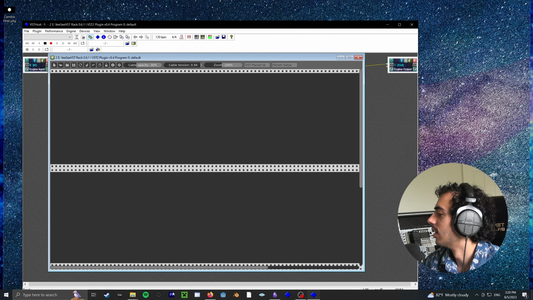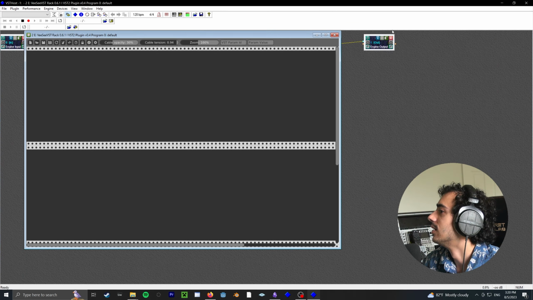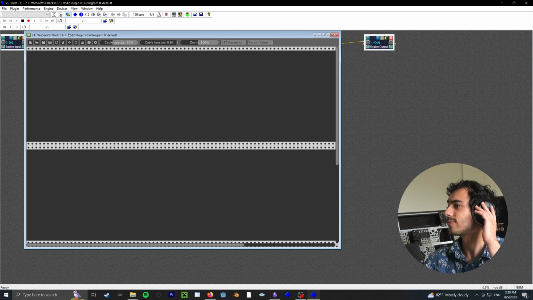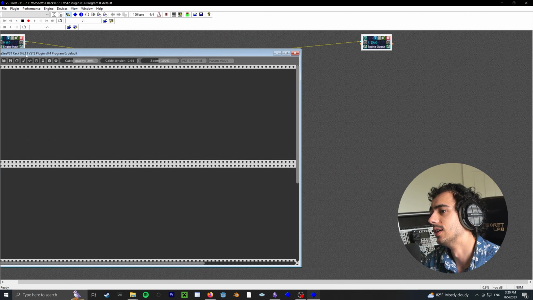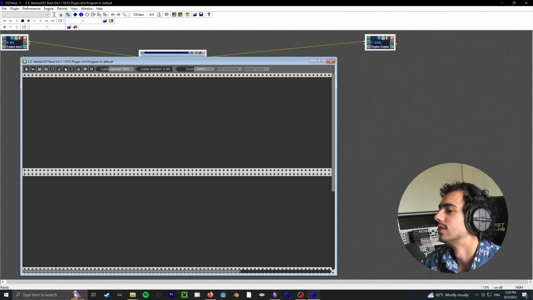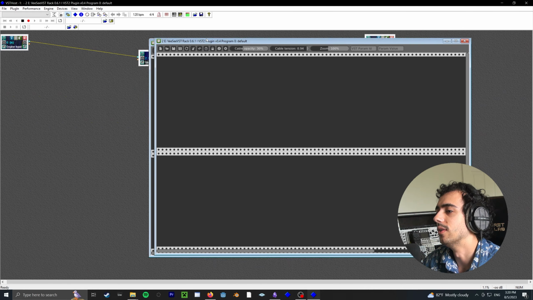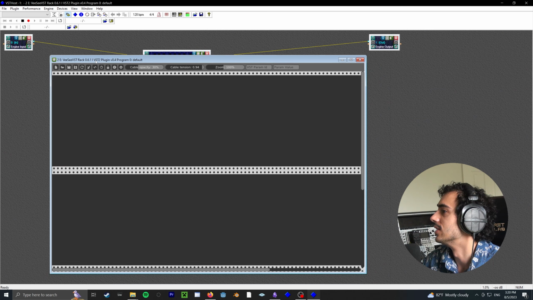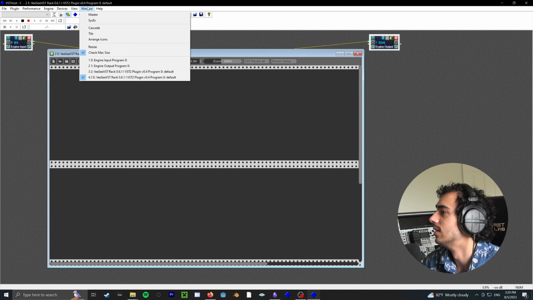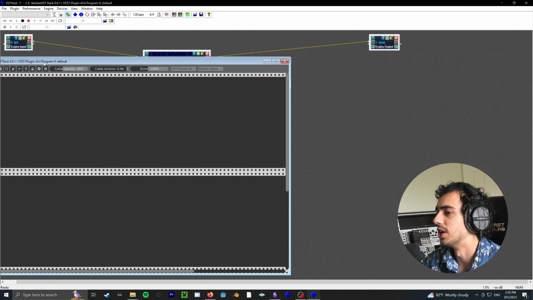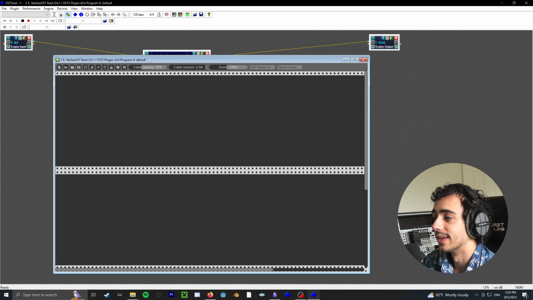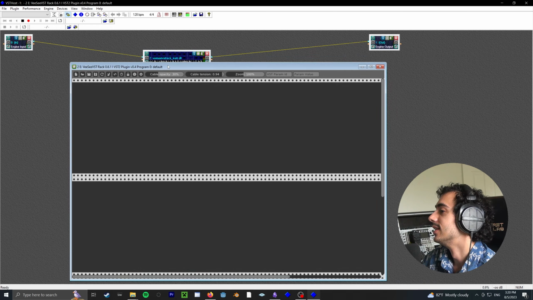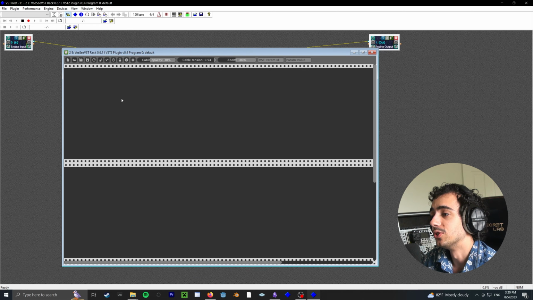Now, one thing I don't really like about this is that I have 2 monitors here, and I can't drag this window, the VST window, out of the bounds of our VST host here. I don't know if that's a setting that you can change, but if you can, maybe I just don't know about it. But once you're in here,